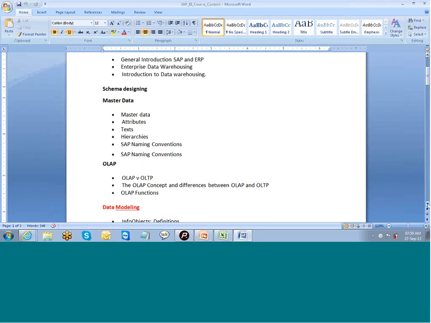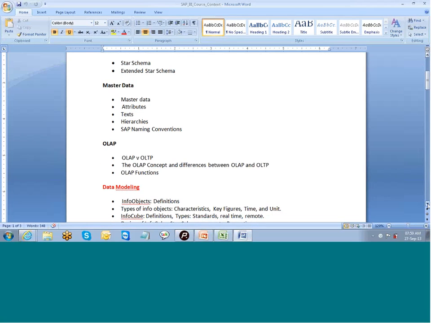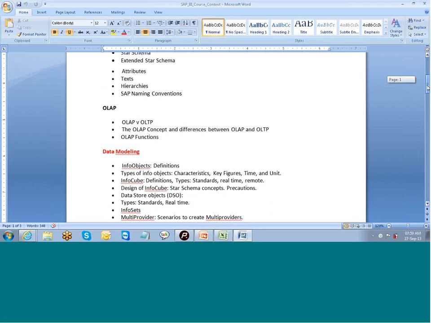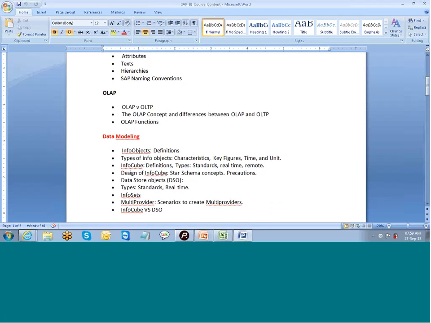And this is nothing but online analytical processing and online transaction processing. And OLAP concepts with the difference between OLAP and OLTP. We will be doing data modeling here, which will have info objects, types of info objects, characteristics, key figures, time and unit. I will be explaining all these with definitions, as well as giving you PDF files. I will be showing you how to create info cubes,